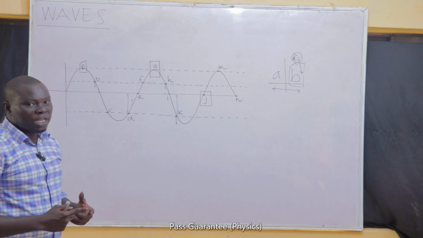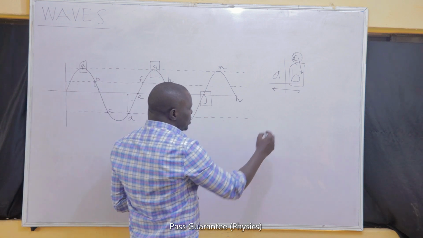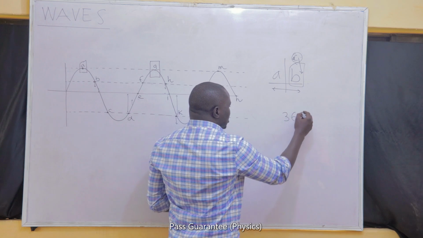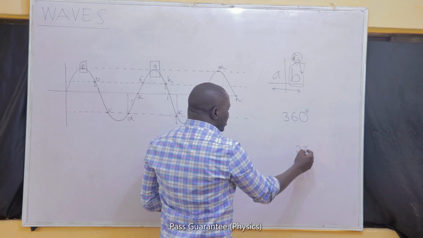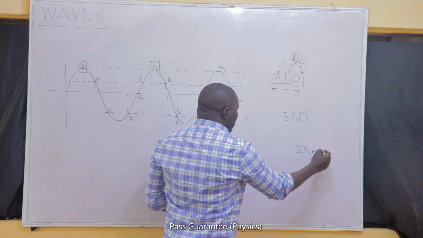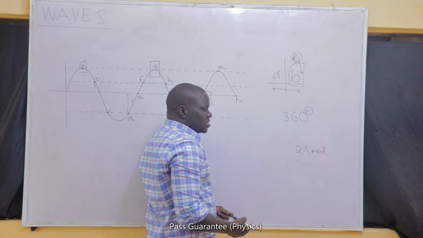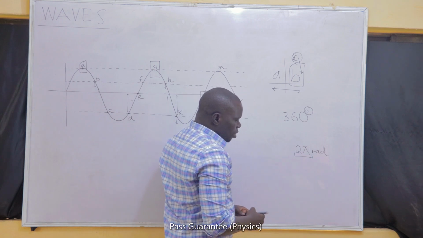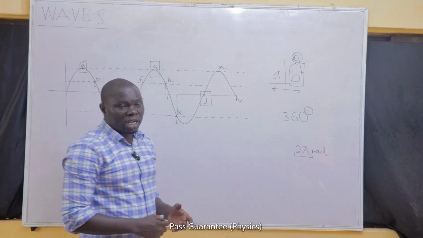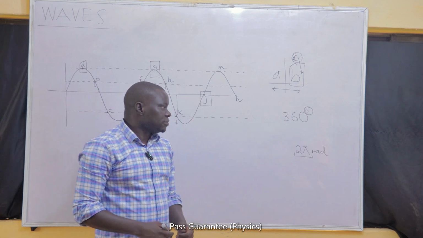Phase difference is expressed in angle, and you are not expected to get a value that is more than 360 degrees, or if you express that in radian, 2 pi. There are two forms that we can use to express our angle. We can use degrees, that's the total angle at a point, 360, and we're also allowed to use radian. In radian, 360 degrees is exactly equal to 2 pi.